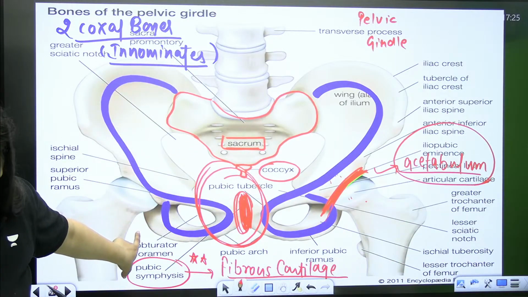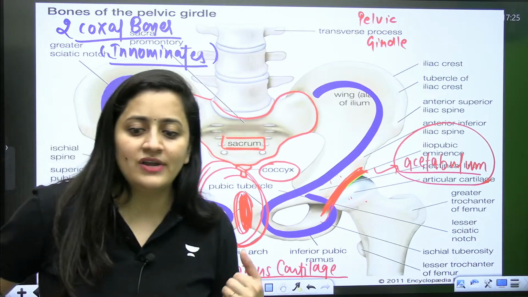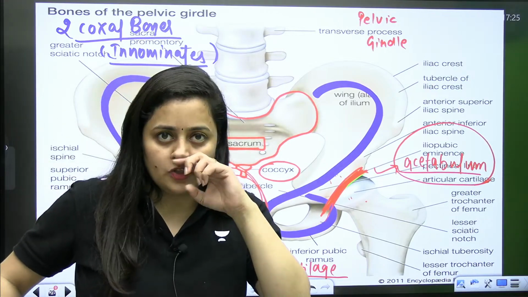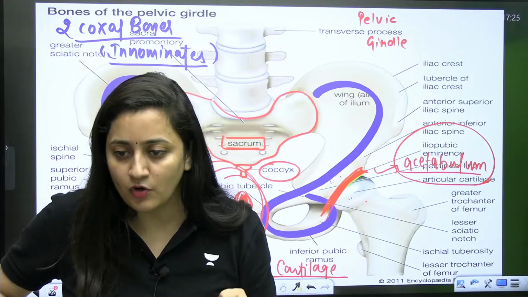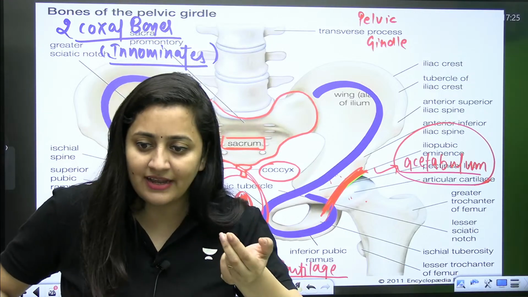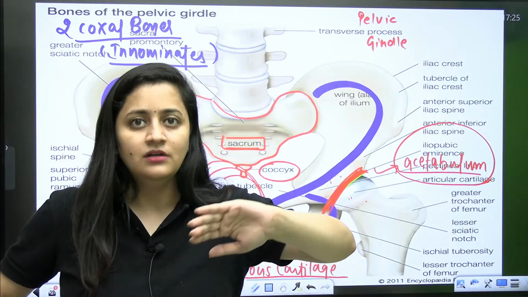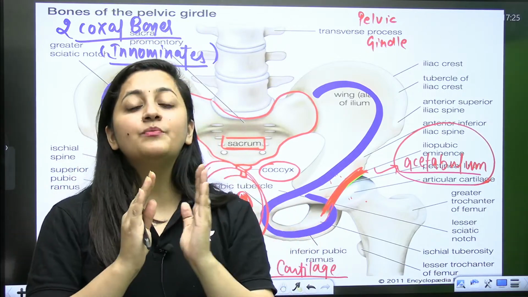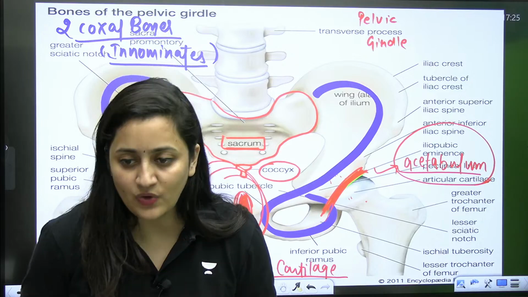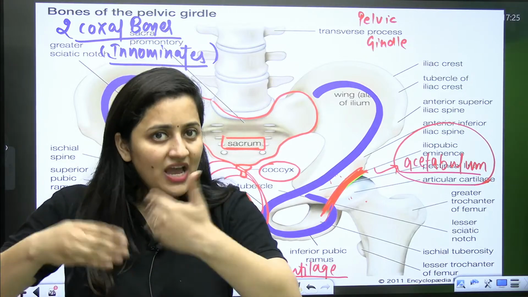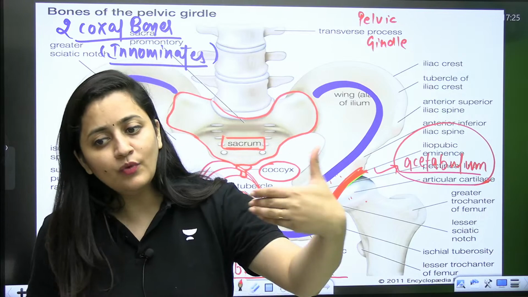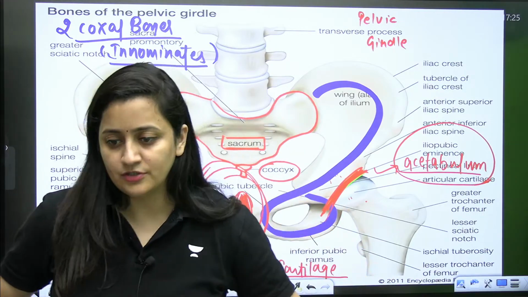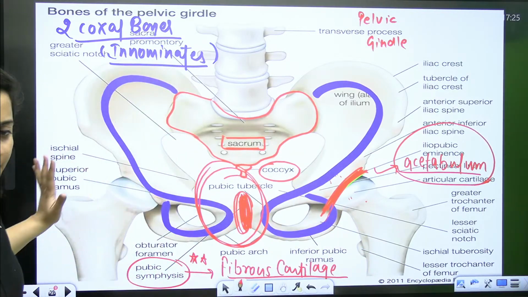For the childbirth. Sigma batch, I don't have the slot for the marathon yet. That's why I'm not continuing with that chapter. Once I get 2 to 3 hours all together, then I will pick it up. But tomorrow you have principles of inheritance and variation in one shot. Genetics is important now, so we have to keep revising it. Same way you will have one shot of molecular basis of inheritance as well. Don't worry, we are not going to leave anything.